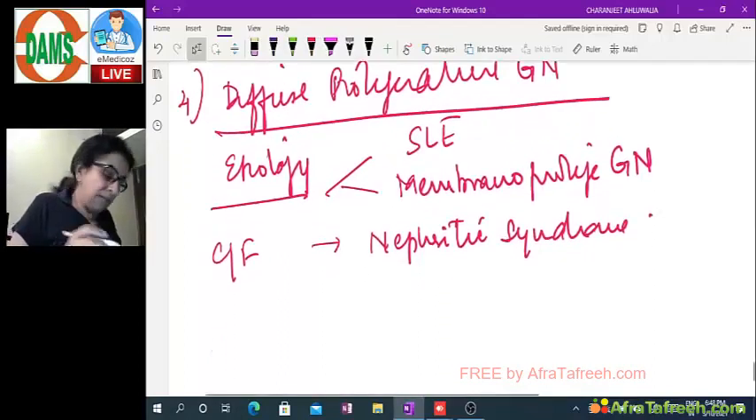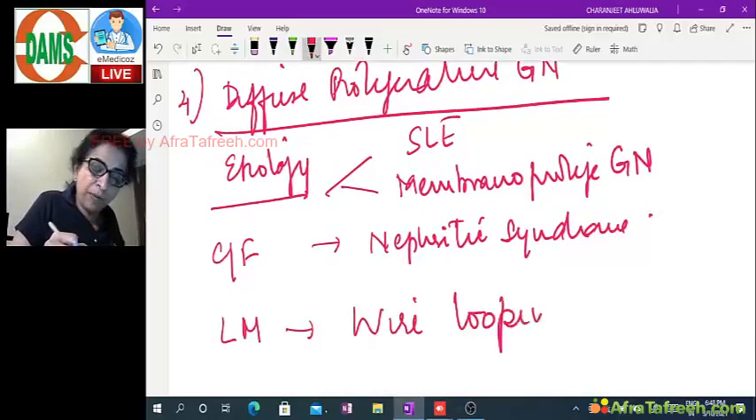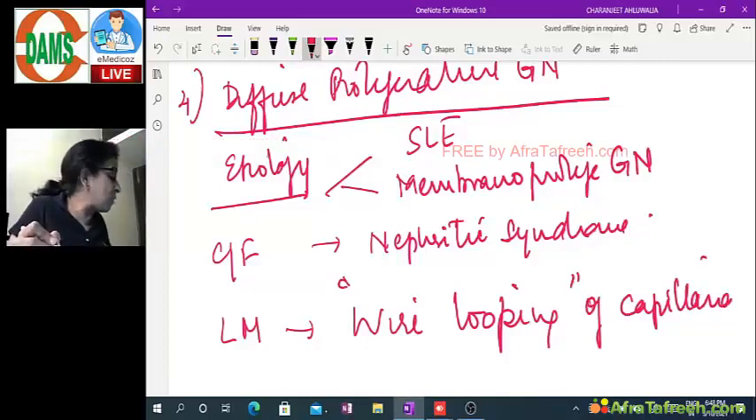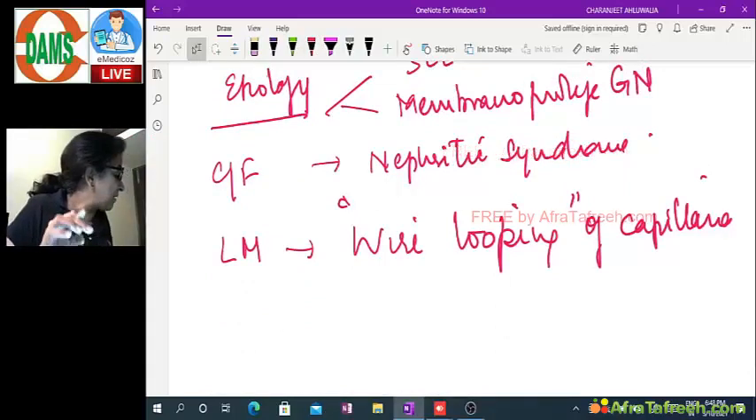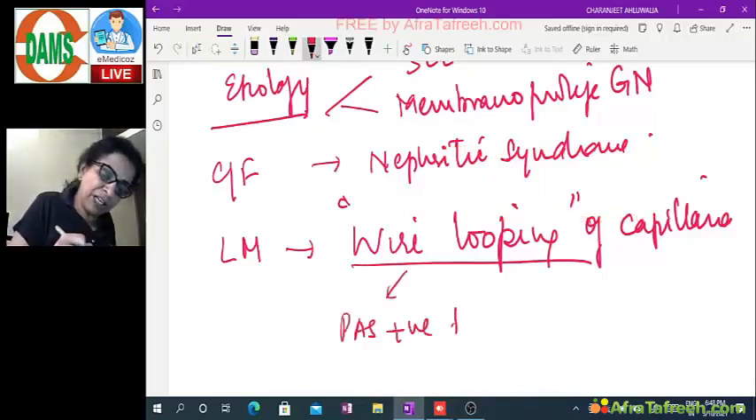Okay, now light microscopy, what do we see? Light microscopy, we see wire looping of capillaries. So I will be showing you picture of wire looping of capillaries. So wire looping क्या है? जो capillaries की basement membrane है, capillaries की walls हैं, वो markedly thickened हो जाती हैं. So what is wire looping? PAS positive, you do a PAS stain, PAS positive thickening